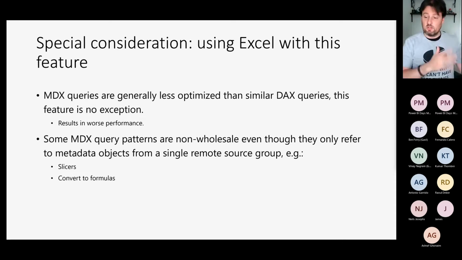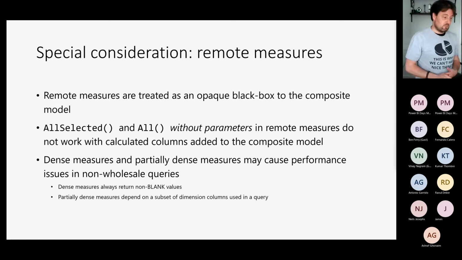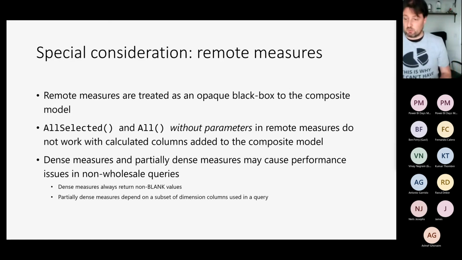The same goes for the visual. That's why I showed you the example that you should split the visual into two, because the queries for those visuals will now be wholesaleable. As a result, they will be optimized. When the visual depends on two source groups, it is non-wholesaleable, and as a result, won't be optimized. And that's an important thing to notice, because there are very interesting things going on with non-wholesaleability, measures and calculation groups. So we'll talk about that in just a second.